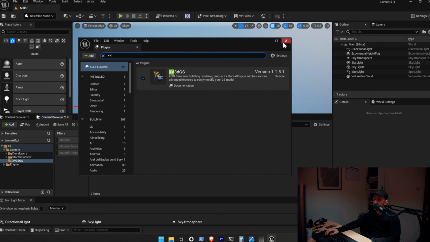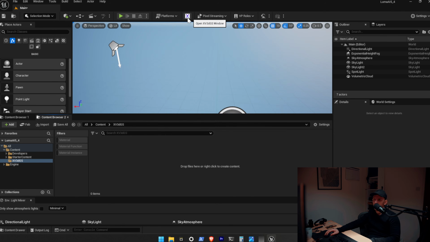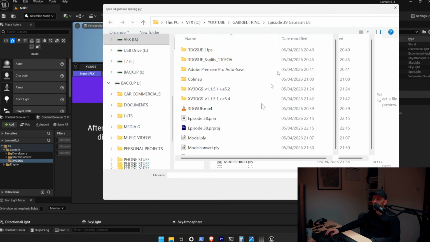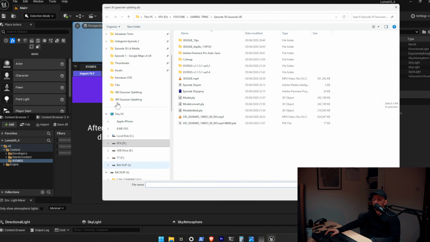Okay, once you've done that, an X is going to show up here. You're going to click on it, this beautiful window is going to appear, and then what you have to do is